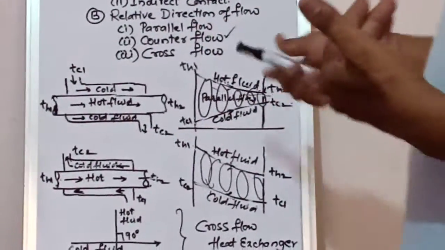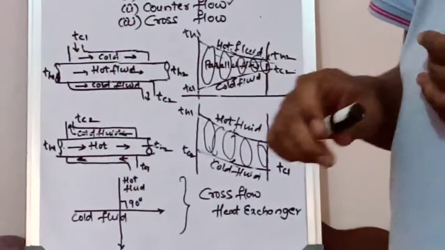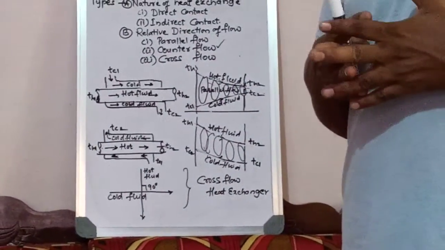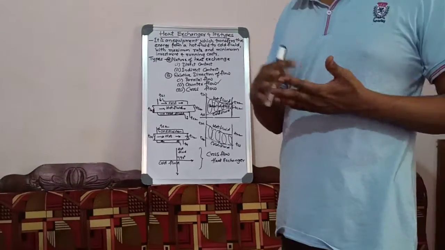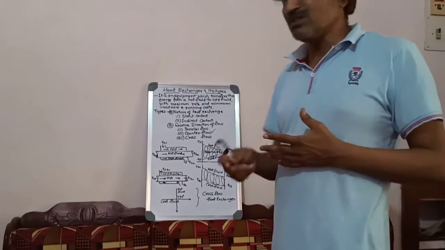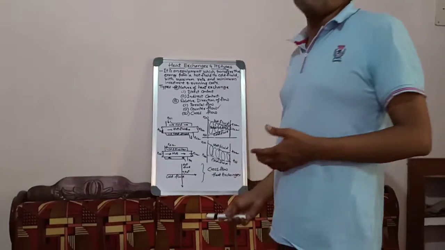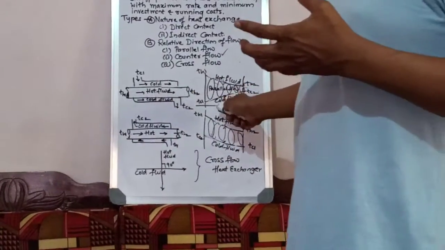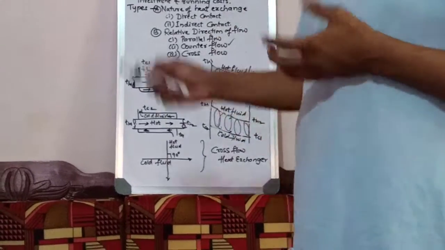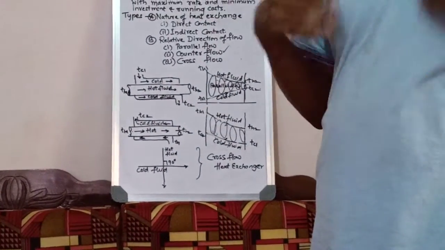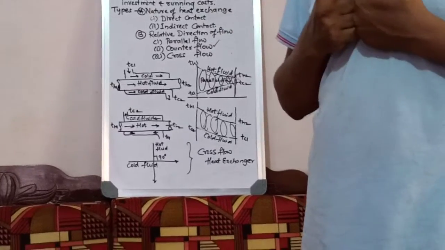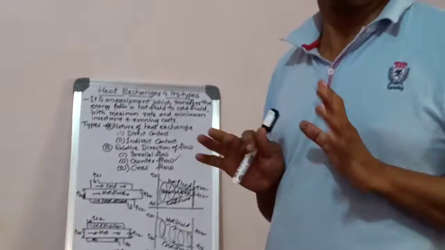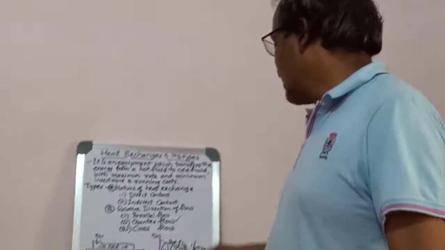So when you compare the parallel flow and counter flow, you can see that in the parallel flow, the temperature difference is drastically decreasing. Whereas in the counter flow, the temperature difference is fairly maintained. Because of that, from starting point to end point, the temperature difference is maintained. Therefore, counter flow heat exchanger is superior to the parallel flow heat exchanger for the same area and same size. That is also important. So usually all of our heat exchangers are of counter flow only. No one will manufacture the parallel flow.